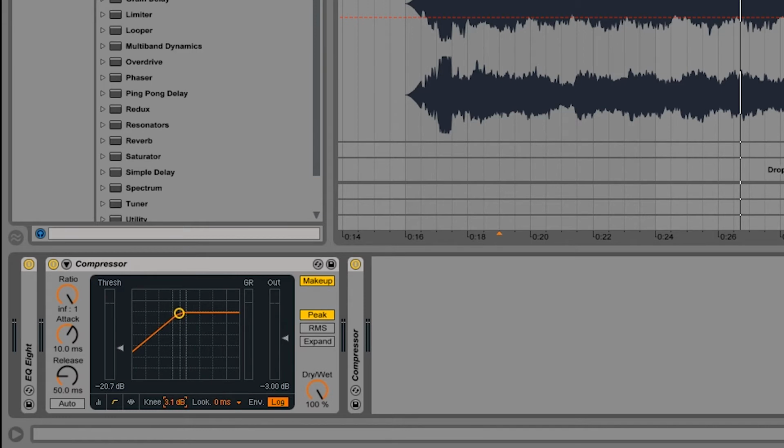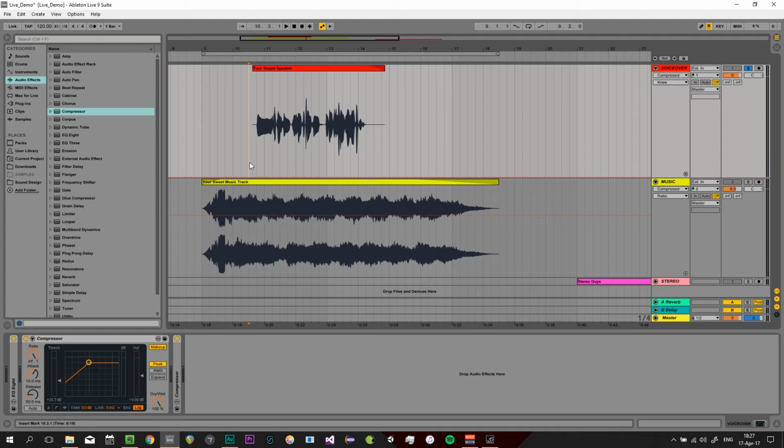As you can see, the point around the threshold becomes more and more of a smooth change. This is different for different compressors. Some compressors will only offer soft or hard knee, and other compressors like this one will offer a more fluid parameter where you can kind of adjust the amount of knee that you want. So what I'll try and do now is I'll try to A-B. So let's have a listen with the hard knee and then with the soft knee, and then see if we